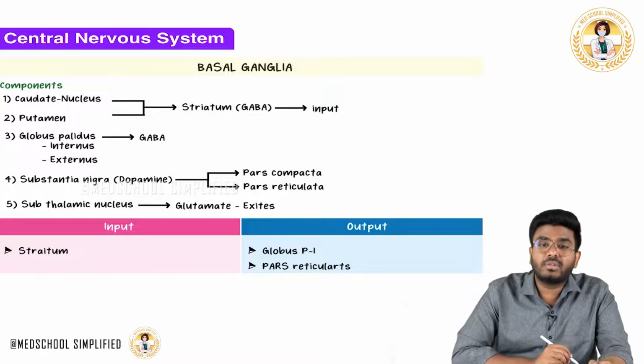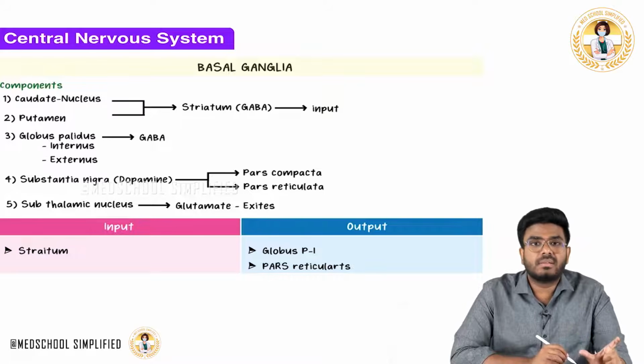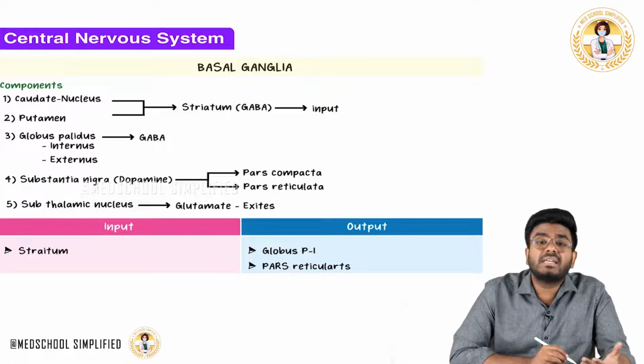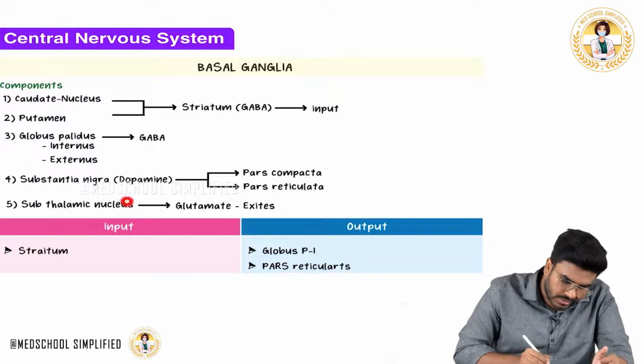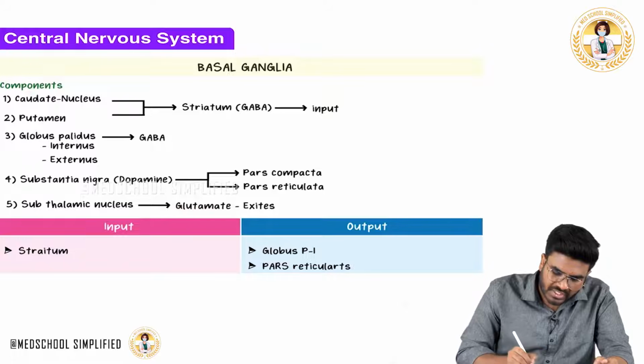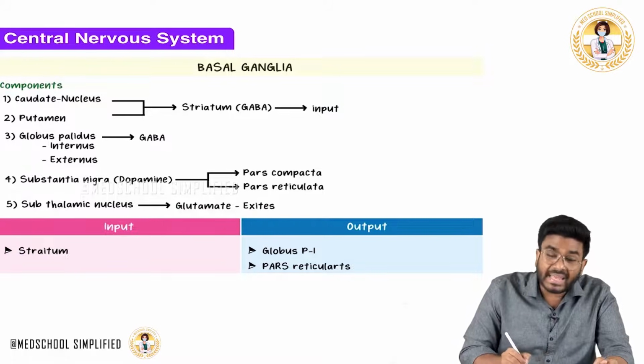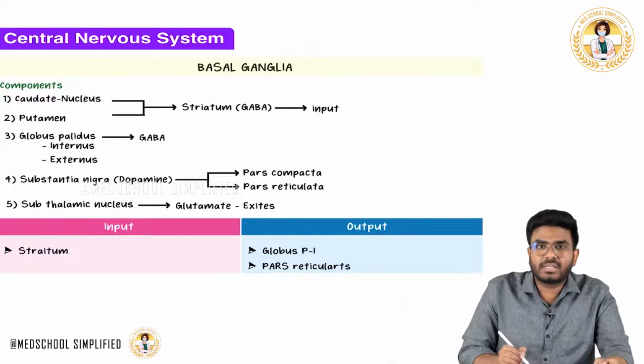Now, what is the subthalamic nucleus doing? This is the one part of the basal ganglia which actually produces the excitatory neurotransmitter. So what does the subthalamic nucleus produce? It produces a neurotransmitter called glutamate. What it does is excite. So the excitatory neurotransmitter in the brain is called